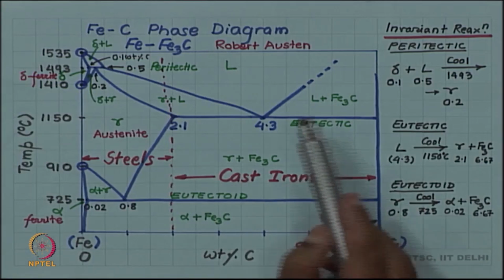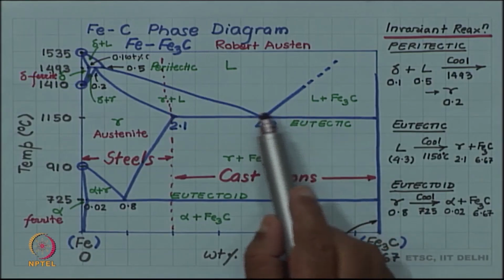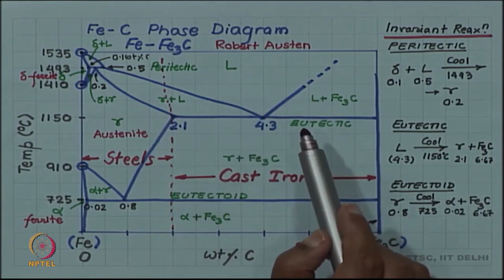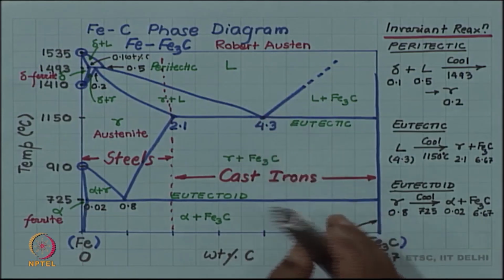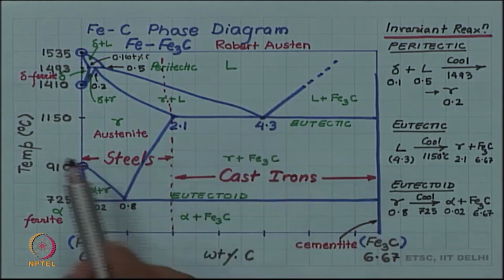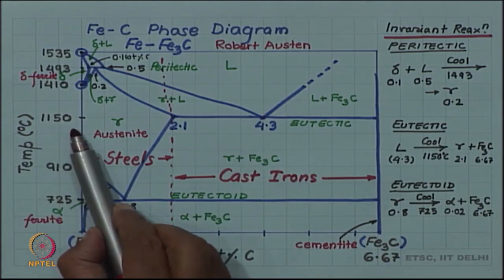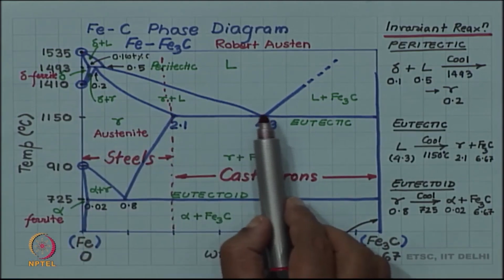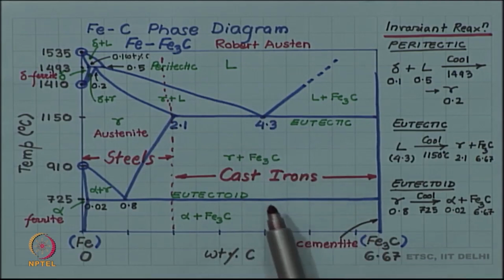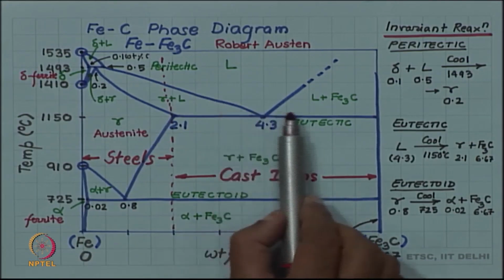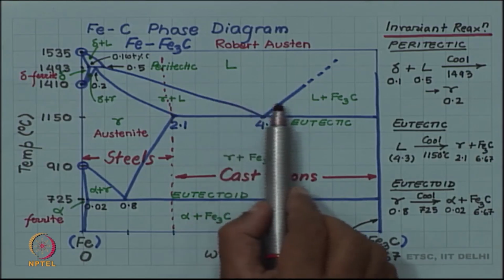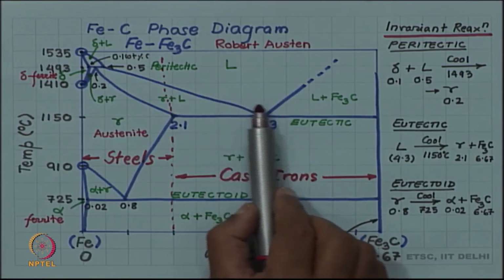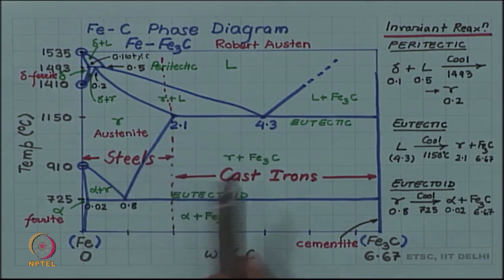You can see that 4.3 percent carbon is the lowest melting point in the whole alloy system. So if you have 4.3 percent carbon, that iron carbon alloy will melt at a very low temperature of 1150 degrees Celsius, and low melting is beneficial for casting. So the casting alloys have higher carbon so that they melt at a lower temperature, whereas steels during